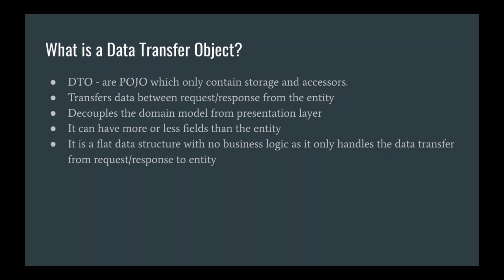We'll be defining all of these as I've mentioned. The first thing that we're going to start on is, what is a data transfer object? A DTO essentially is a POJO which only contains storage and accessors. Here, of course, it will have your setters and getters, and it only does that, and it transfers the data between requests. It could be a web API request and a response from the entity. What this means is you can have a DTO that searches for an employee,